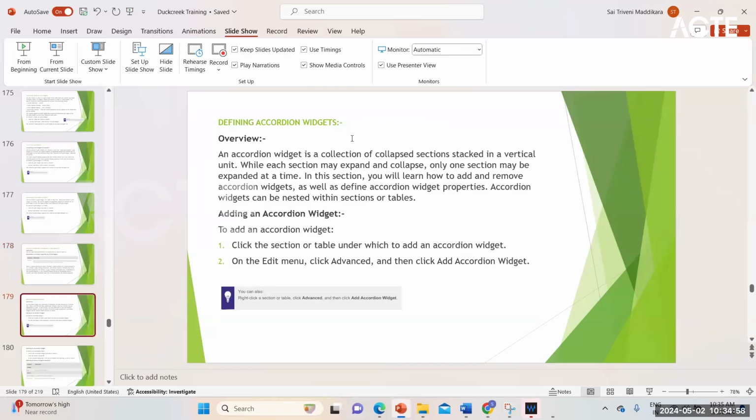Now defining wizard. What is wizard? A wizard is a collection of collapsed sections stacked in a vertical unit. While each section may expand or collapse, only one section may be expanded at a time. Wizard in the sense like